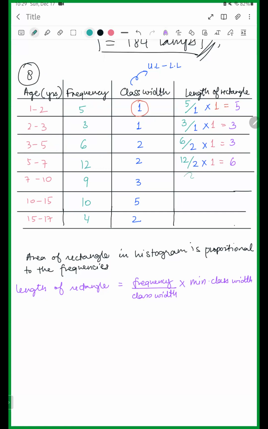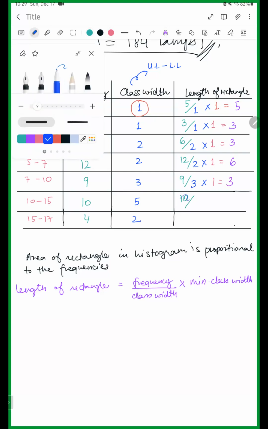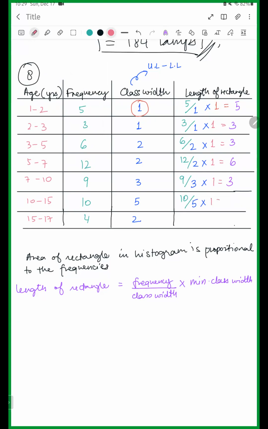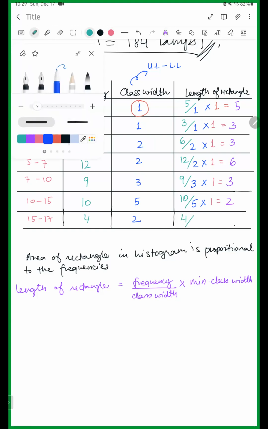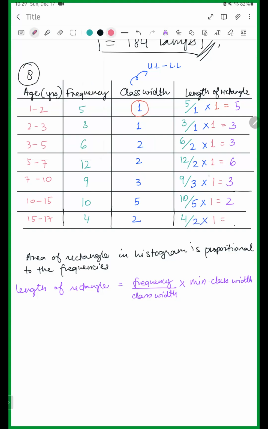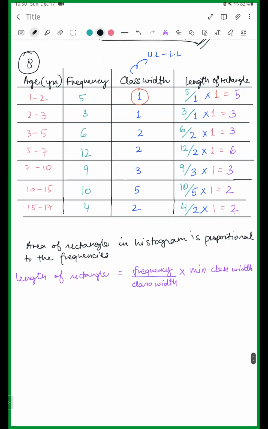Then we have 9 by 3 into 1, which is equal to 3. Then we have 10 by 5 into 1. If any of you is not understanding anything, please ask. Which is equal to 2. Then we have 4 by 2 into 1, which is equal to 2 again. Okay. So there we have the length of the rectangle. Now what are we going to do with this length of rectangle? Now we shall make